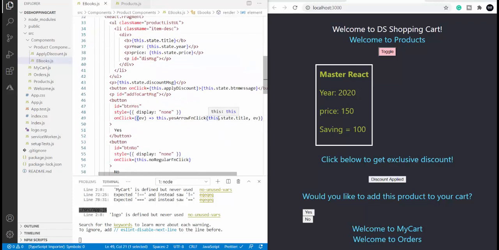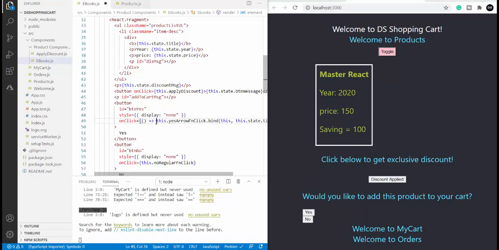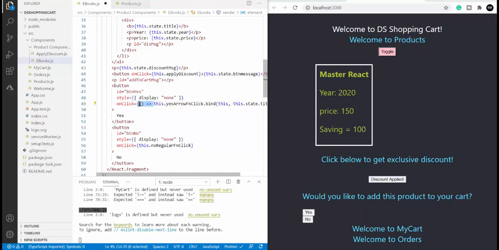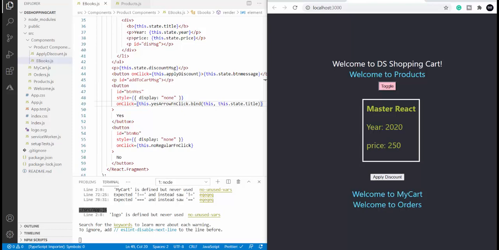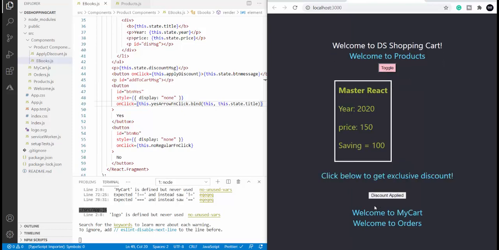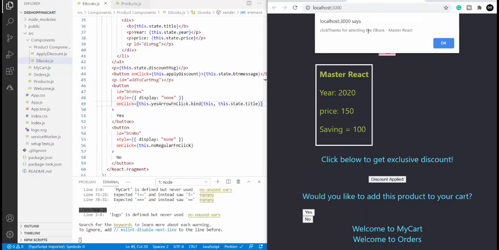The second way is to remove this and use the bind method instead. When you use bind, we do not have the explicit arrow function that we have used. We can remove this. Control S. And I've got the same result. So as I said, there are two ways to pass events. One is manually passing the event. The second one is using the bind method.